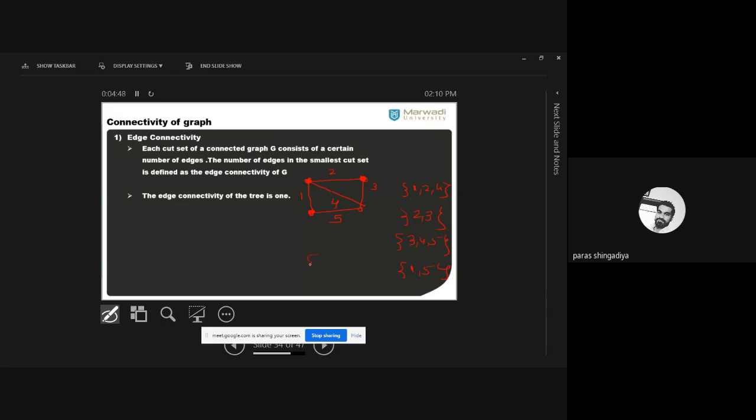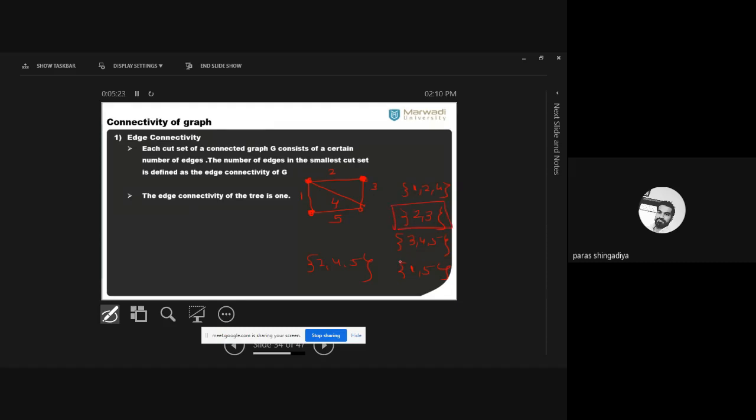2 4 5 also will be a cut set. Clear? Then 1 4 3 is also a cut set. These are the cut sets. Clear? So which will be the smallest cut set in that part? Clear? 2 and 3. 1 and 5 is also a smallest cut set, but we consider only one. Okay, दो है कट सेट जिसमें दोनों में दो दो एज इन्वॉल्व है, 2 3 and 1 5 also. ठीक है, but we prefer any one of them. क्लियर? कोई एक ही उसमें से प्रीफर करना है, and then check the number of edges in the smallest cut set, so that will be 2 only.